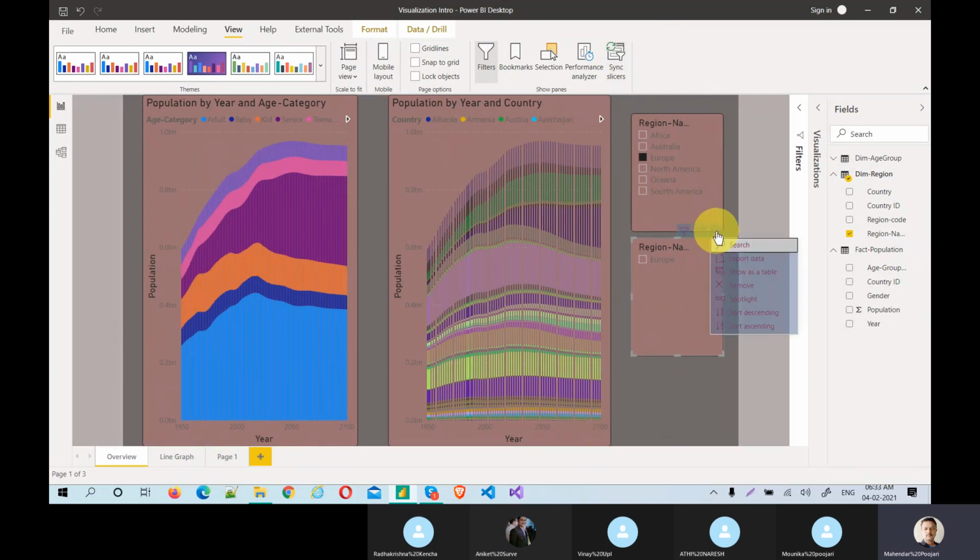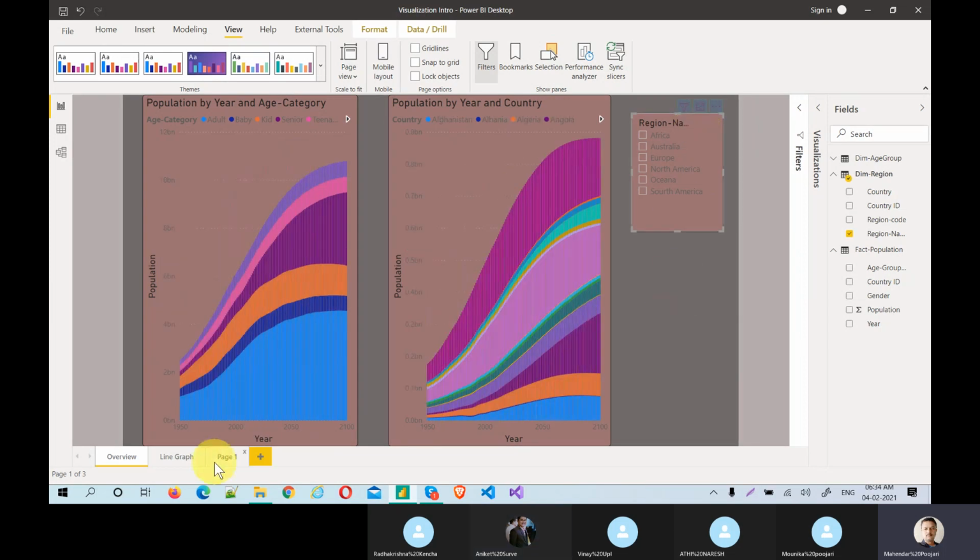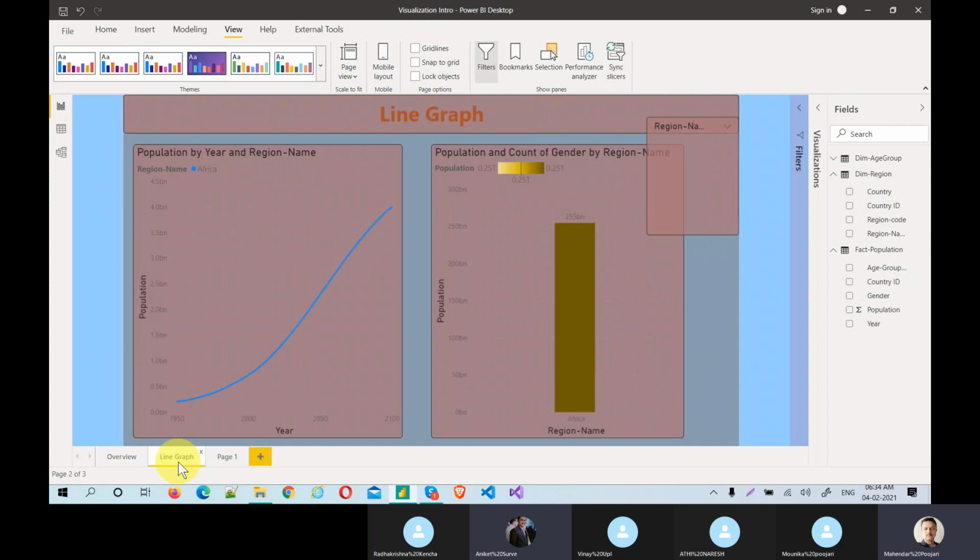So that is about the theme. But guys, the theme you need to explore a lot. In a way, it is a recent feature. It was previously a preview feature, but now at any point of time you can clear the selection by clicking this. It will just come by default.